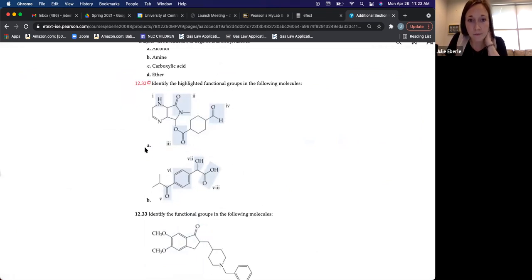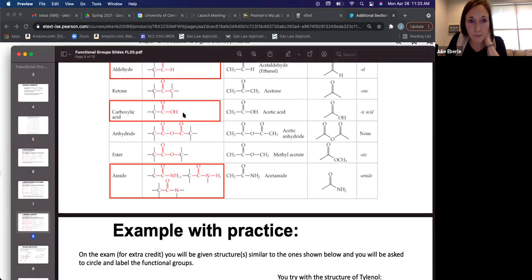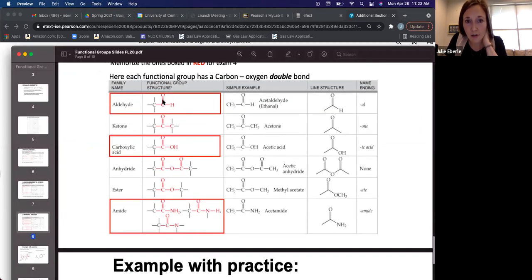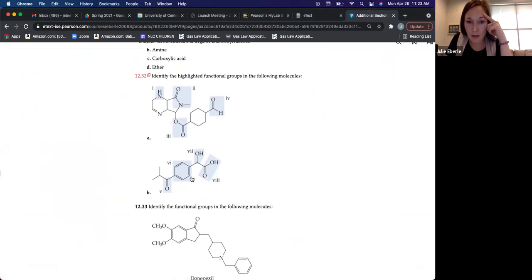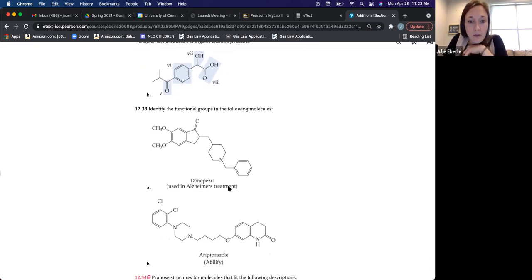This is a, let's look at our slides. It's right here. It's called an aldehyde. Carbon-oxygen double bond, single bonded to a hydrogen. So this is an example of what I'm going to have you do on the exam. And then look right here. What is this group right here on part B? That's the first one we talked about. It's an aromatic. So you'll have to look at groups. This right here, a carbon single bonded to an OH group, that's an alcohol. Here you've got a carbon double bonded to an oxygen, and then you've got an OH group, that's a carboxylic acid. We actually talked about that early on in chapter 10, carboxylic acid. That would be an acidic hydrogen. So there's examples. Some of these